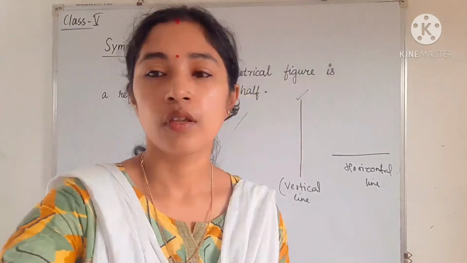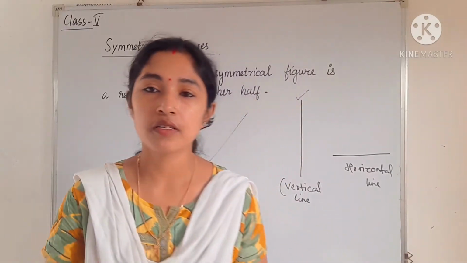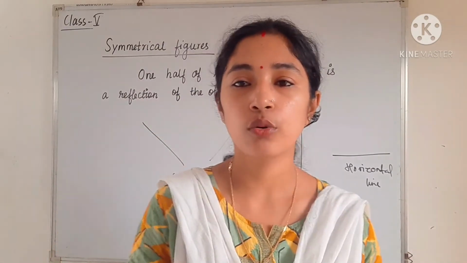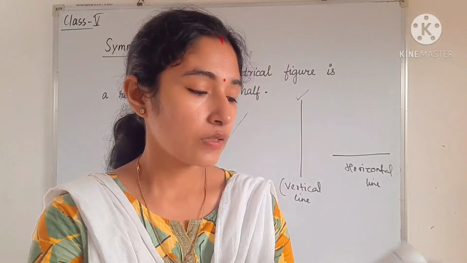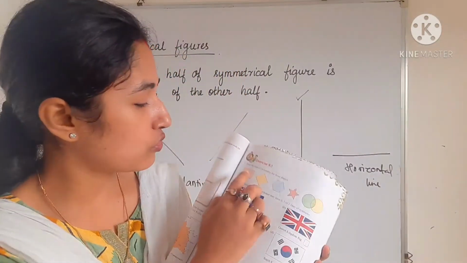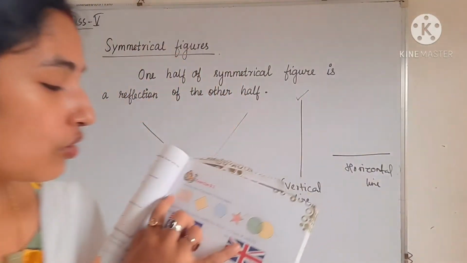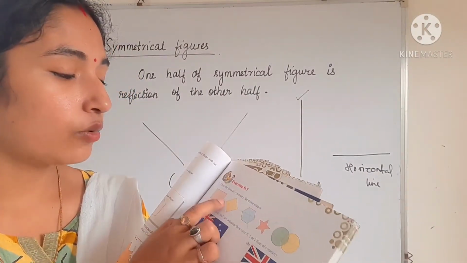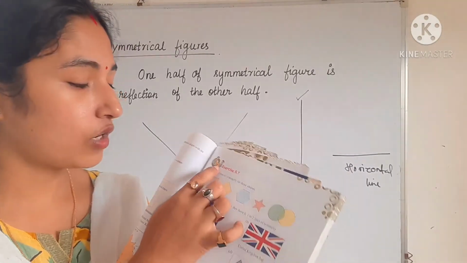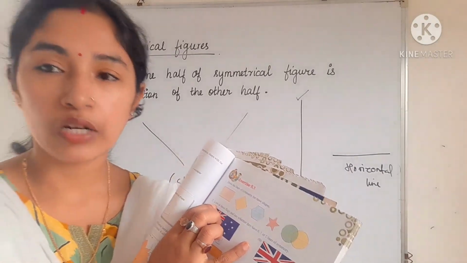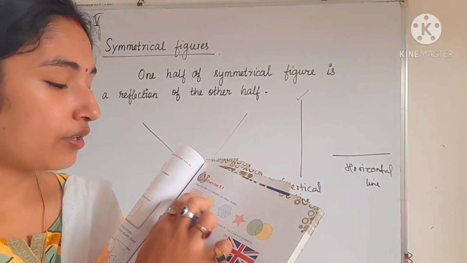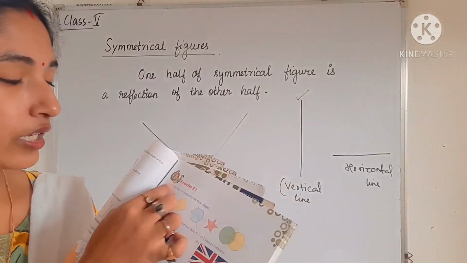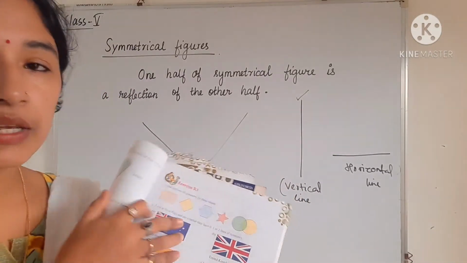Okay, so see students, this chapter is based upon activities. You can do it at home also. In exercise 9.1 you have to draw the line of symmetry. Here you can see this is a rectangle. In case of a rectangle you can draw many lines of symmetry. One will be horizontal, one will be vertical. So draw the lines of symmetry, one vertical and the other horizontal.